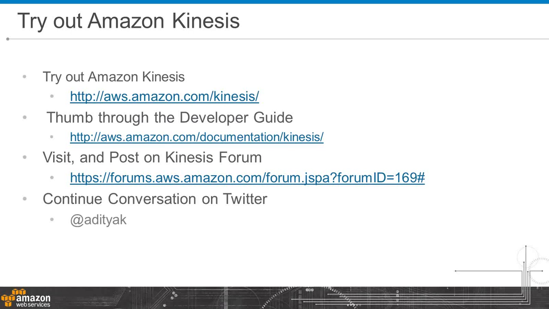So we're going to start with the category of questions around shards. In general, the way to think about the shard is this: when you put data into a shard with a partition key, it's actually getting mapped over a hash key range, which means that the concept of adding a shard into the system is really the concept of splitting a shard. In fact, the actual API that you call is called split shard. So what is happening is, in effect, your hash key range is now getting split.